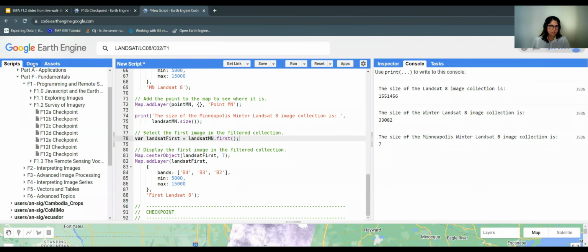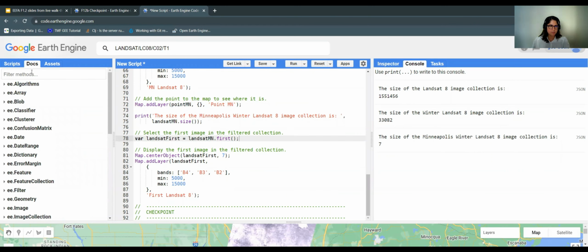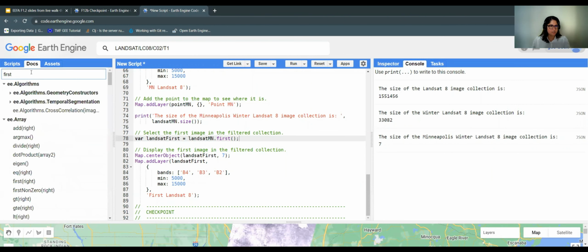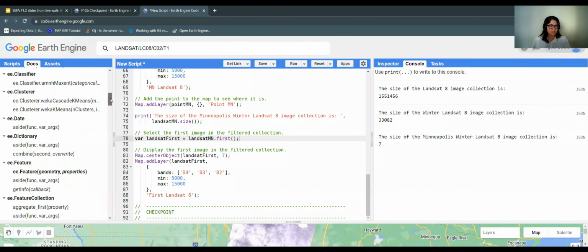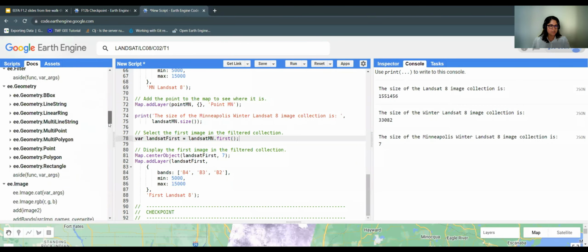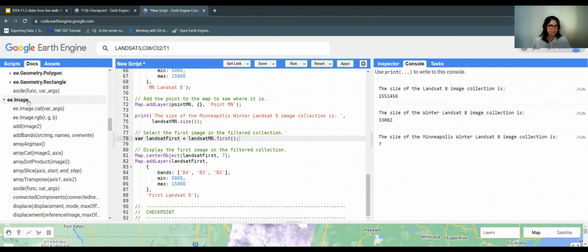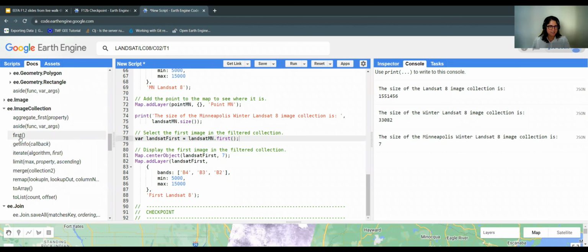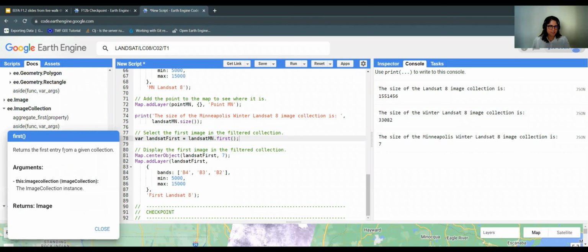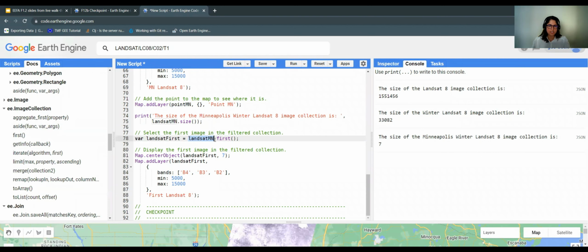So this function, and you can look if you want here under the documentation on the docs tab, you can search for first, or pardon me, it's under ee.ImageCollection. First, it returns the first entry from a given collection. So it is just taking that collection, the image that is first on that collection will get returned here